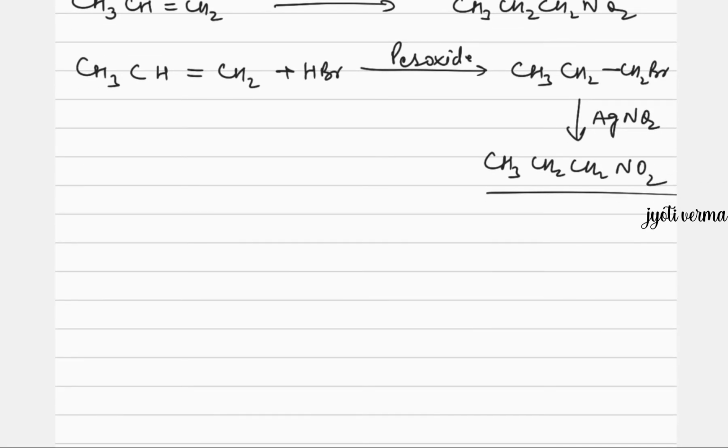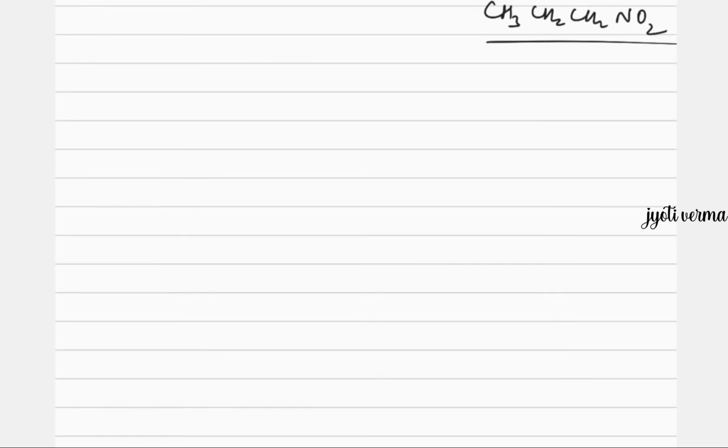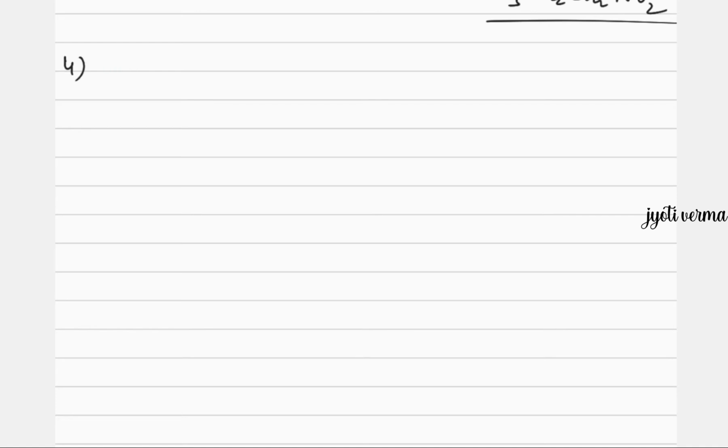That is part 3. Now moving to the next part, that is number 4. What is number 4 part? That is toluene to benzyl alcohol. So this is the formula for toluene, and we are converting it to benzyl alcohol. Here if we compare the reactant and product, you can see that H is substituted by OH, but there is no reaction like this where we can substitute H with OH.